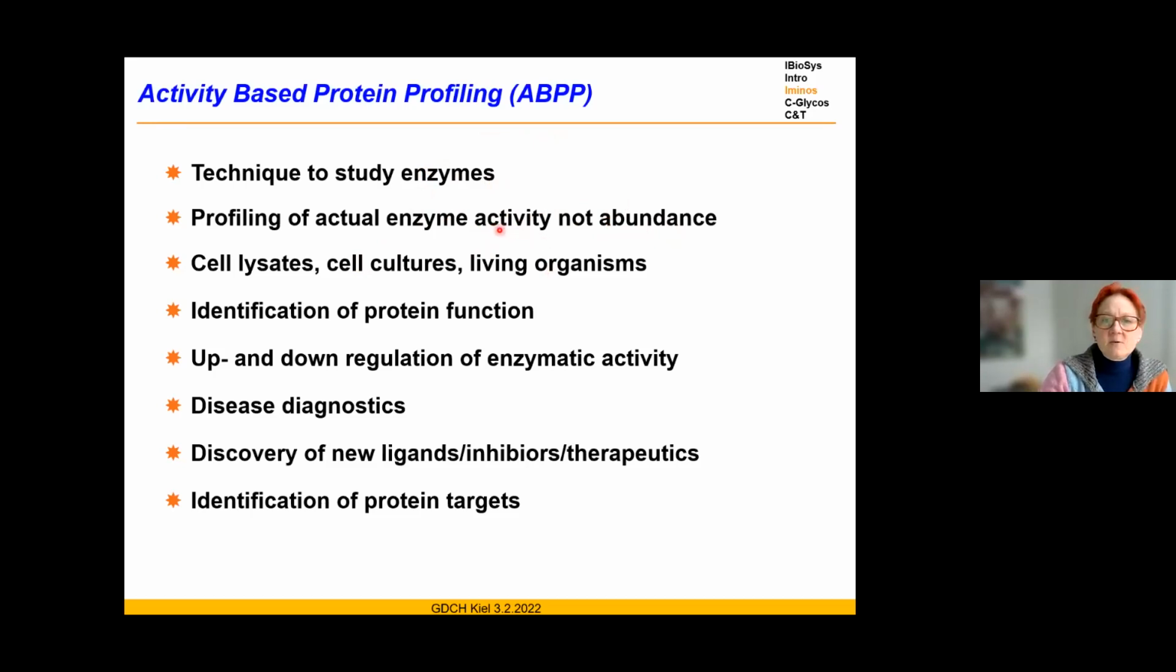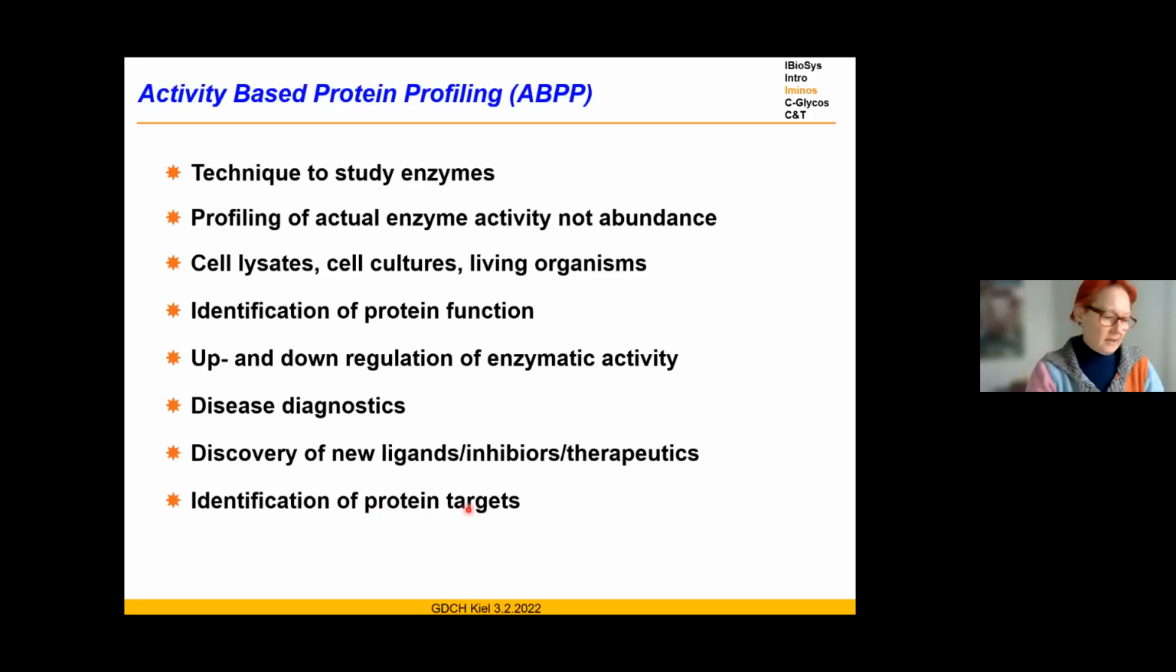And with this technique, you can, for example, identify protein function. You can determine up and down regulation of enzymatic activity. You can do disease diagnostics. You can discover new ligands, inhibitors, therapeutics, or you can even identify completely novel protein targets. So it is a very versatile and very important technique, which has been developed during the last, I would say, 20 years